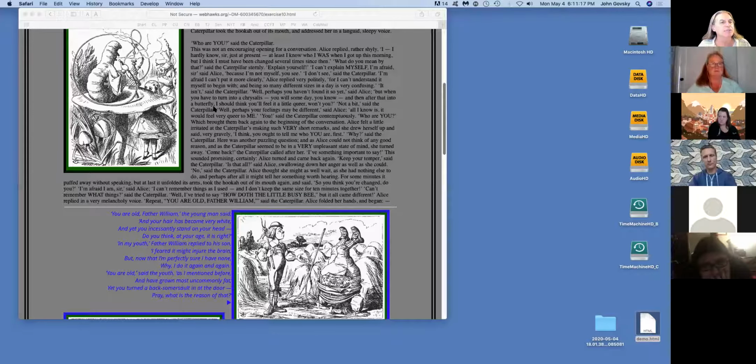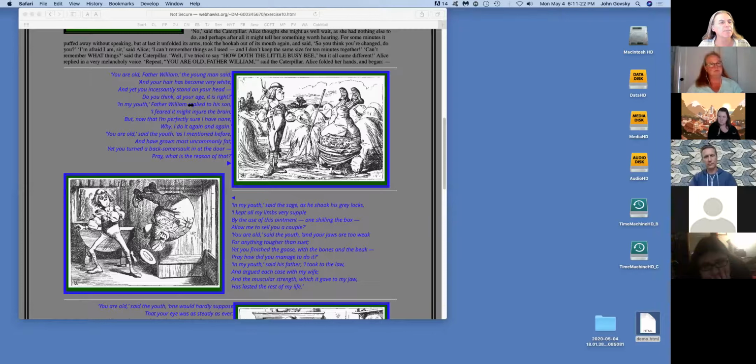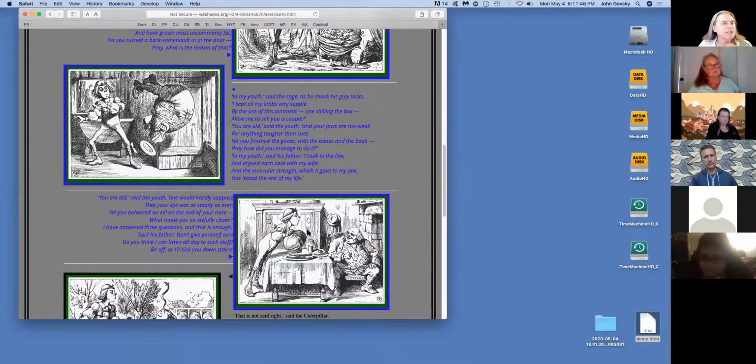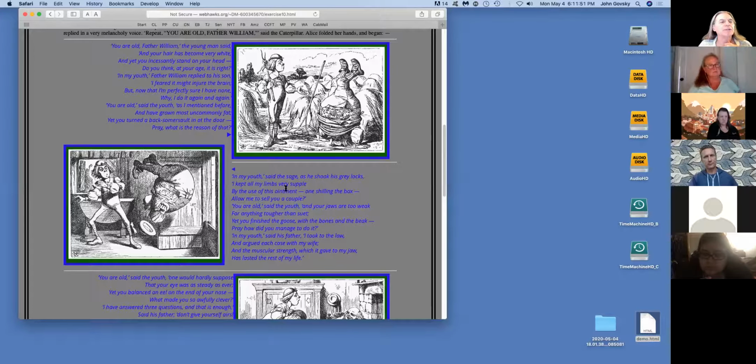The blue text for the poem, it's not that there's anything really wrong with it, but blue text on the web generally indicates links. So lots of times people avoid using blue for general text. I would generally avoid using blue for text unless that text is a link, because that is a convention on the web for web styling. It's also very hard to read on the gray background.